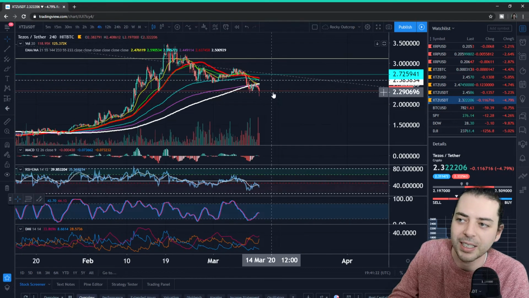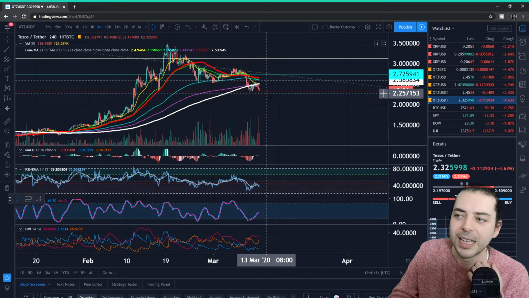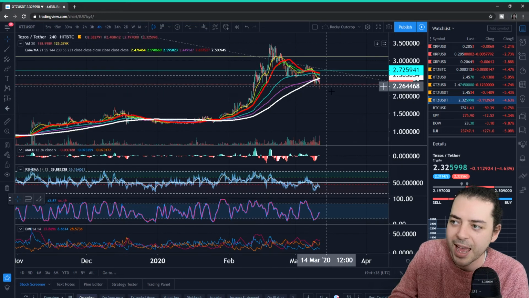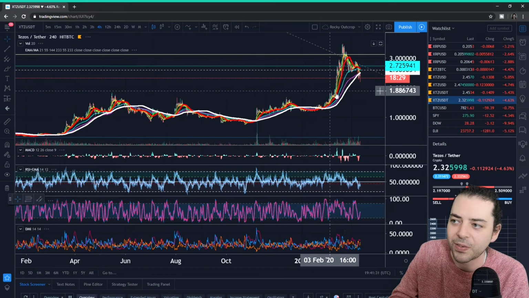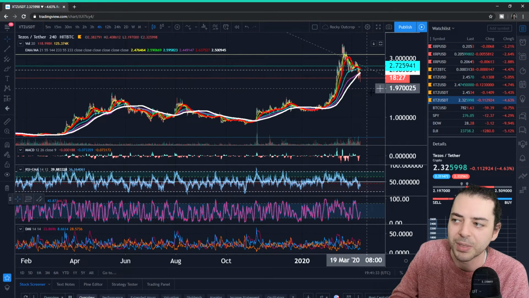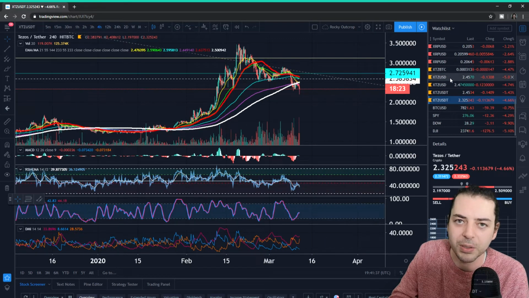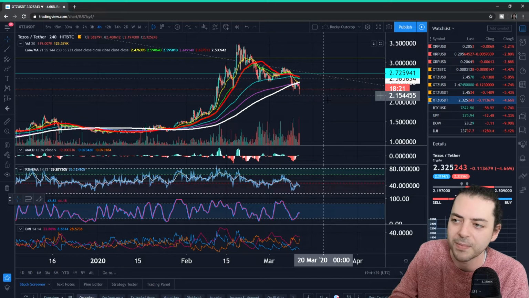Now we've come down, we've actually met our next target that we had in mind here, and we've spoken about in the past at the sort of 230 and whatnot, and we can look down now again for further lower targets. Where could they possibly be at? But I really do want to see the positivity that I was talking about on the USD prices on the Coinbase chart